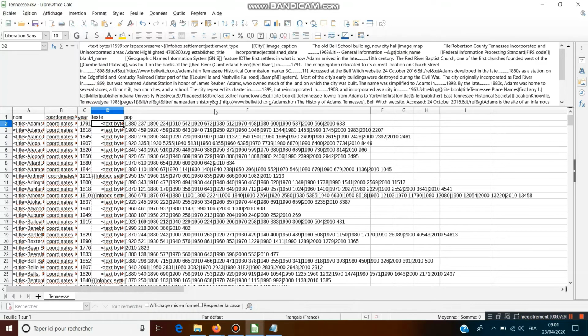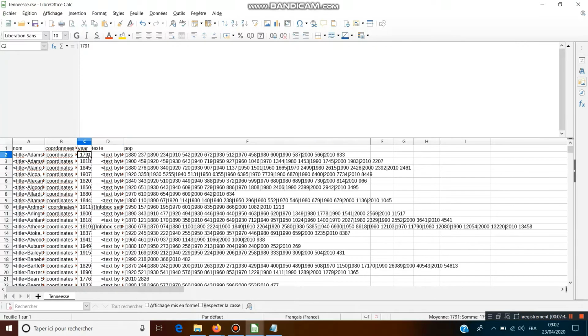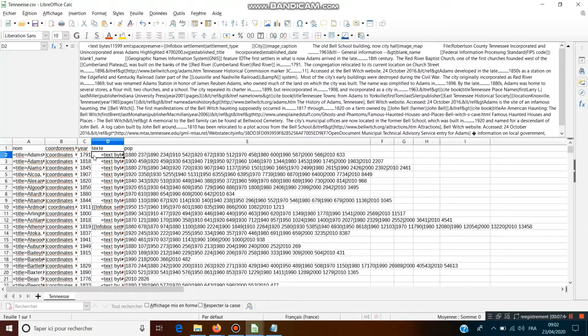It displays 1791, and in the text we read that one of the first buildings in the city was made in 1791.